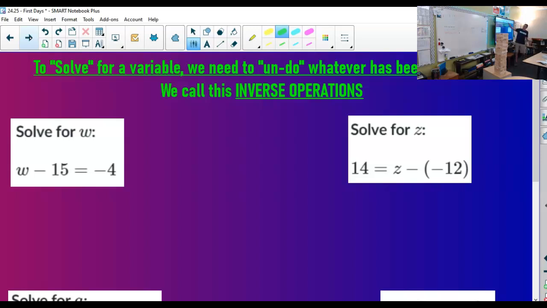I'm going to write it down also, just to do exactly like what you guys are doing. W minus 15